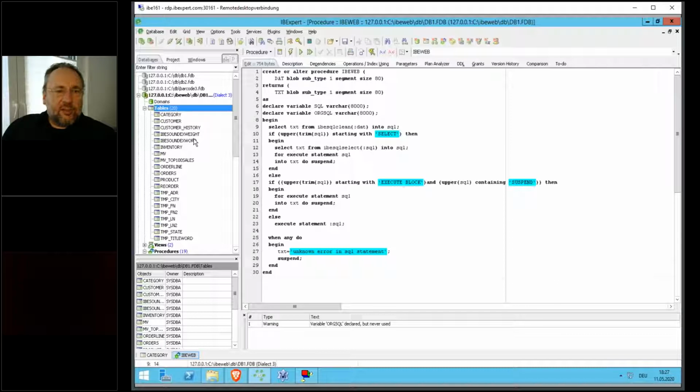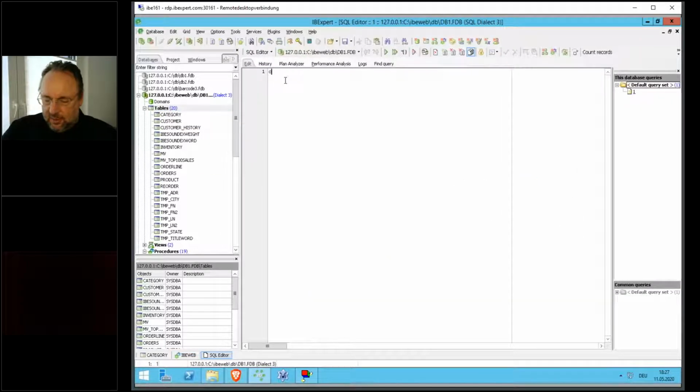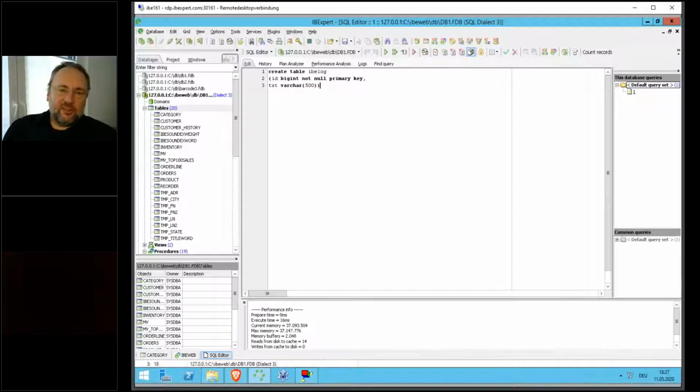We will create a new simple log table. Create a table IBE log, ID big int not null primary key, and perhaps some text, whatever it is. We just need to have some possibilities to store some operations